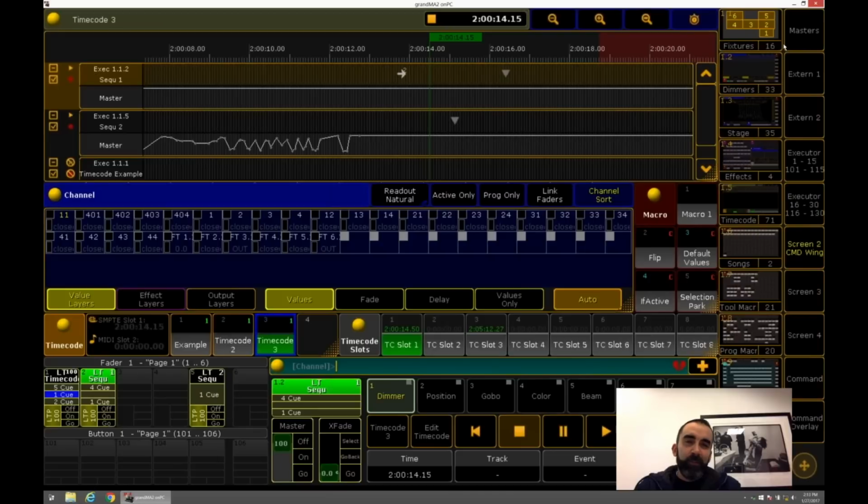Maybe that's not the right term, but the person most connected to the sound and what the band is doing is the audio guy. So most audio guys are responsible for the timecode track, and they are responsible for speeding it up and slowing it down if the band gets ahead or behind. Also, if the band goes off on a tangent in the middle of a song, the audio guy will pause it, and you as the lighting guy have to be ready to take over and flash some lights manually for a while until that restarts. So this is having some synergy between you and your sound guy.